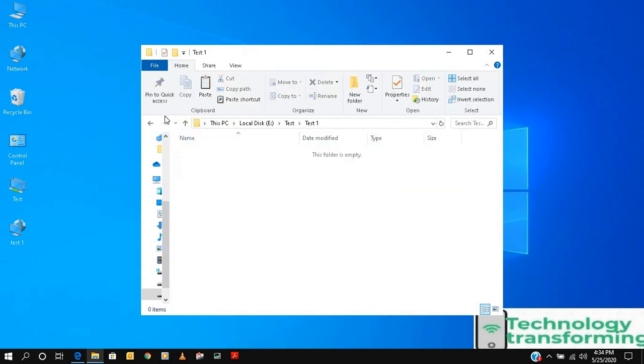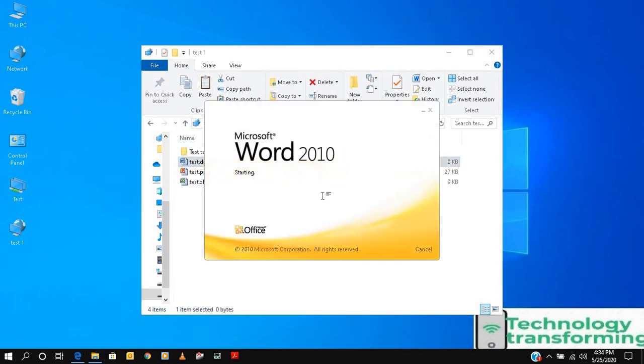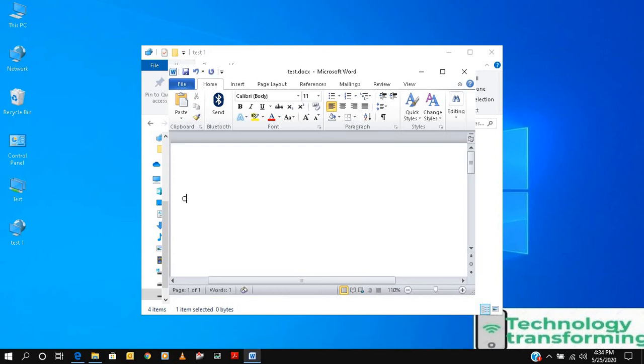I will write it down for you. Control plus Alt plus, we put 1 for MS Word, and 4 for MS Excel.